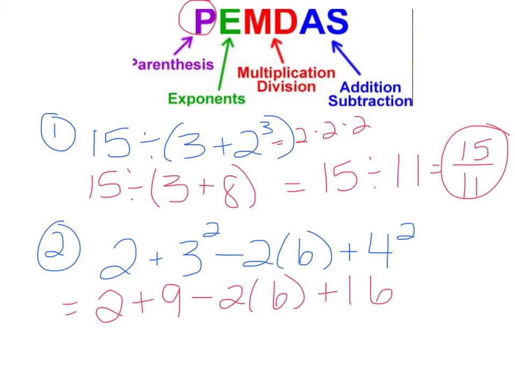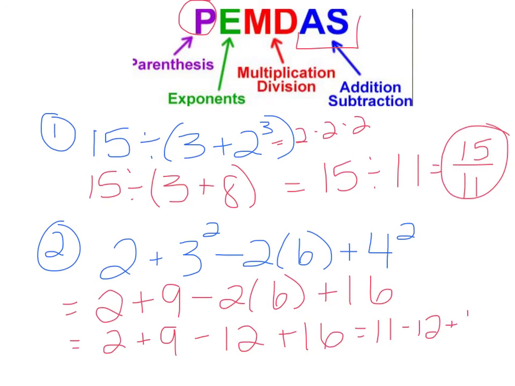Now we look for any multiplication and division. So we have 2 plus 9. Now we have minus 12 because 2 times 6. And now we have all addition and subtraction. So we're going to do this last part here, addition and subtraction from left to right. So 2 plus 9 gives me 11 minus 12 plus 16. 11 minus 12 gives me negative 1 plus 16. And then finally, negative 1 plus 16 gives me